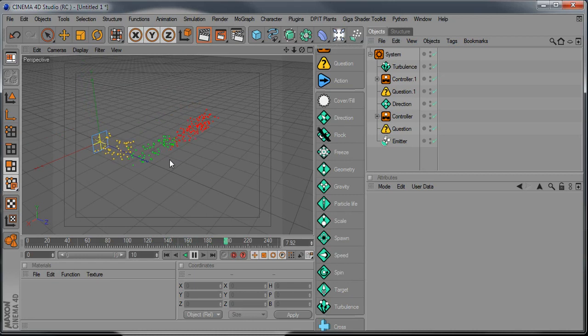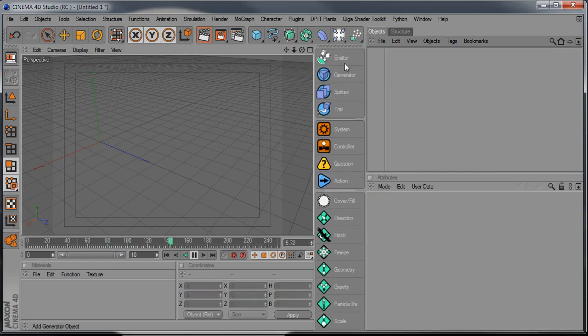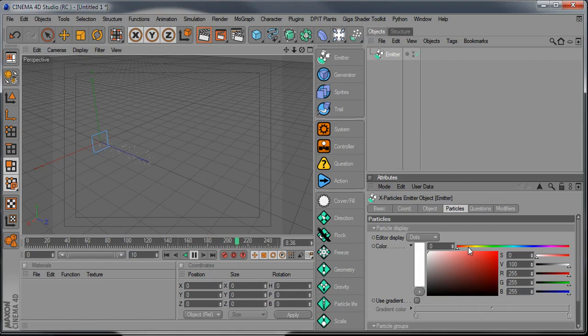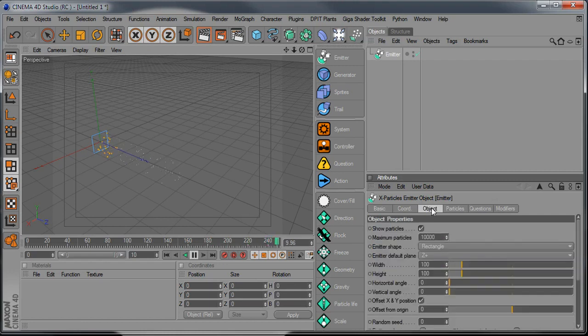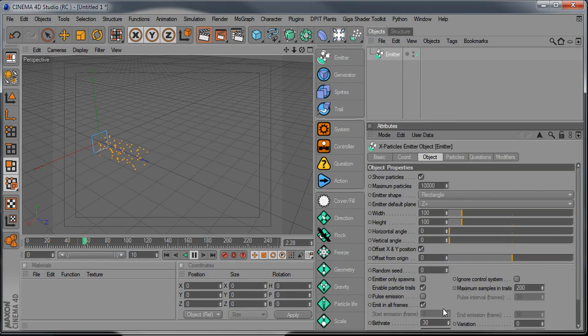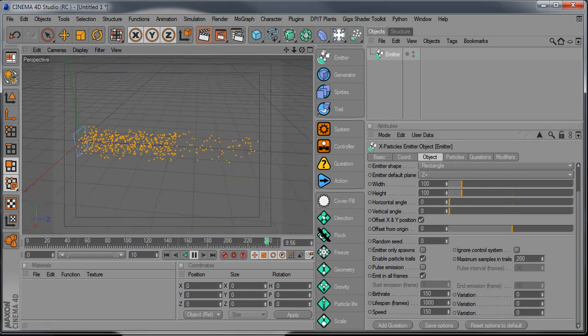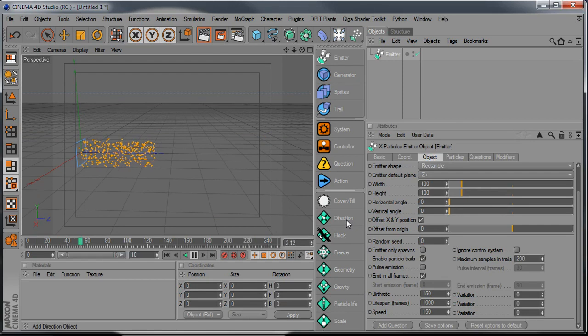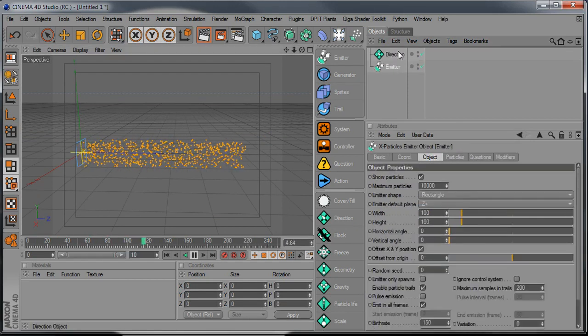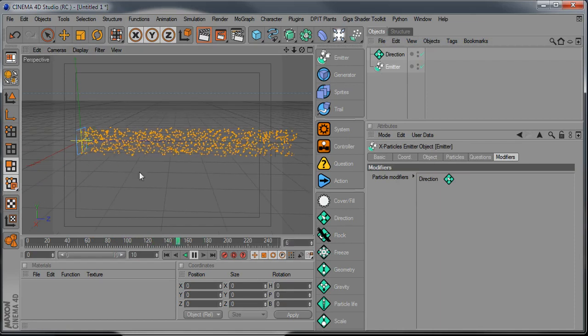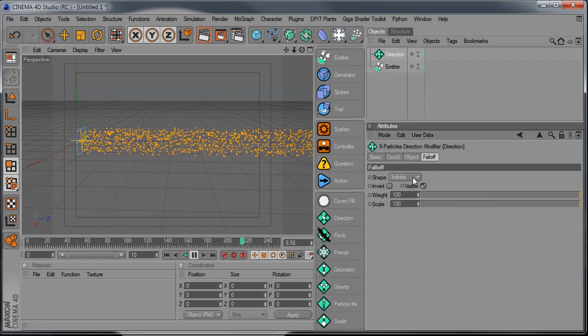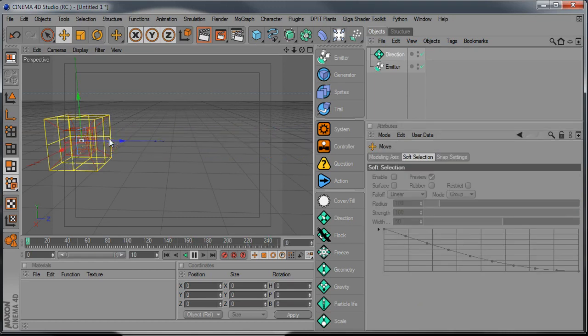Okay, so that's, you can also use these independently. So let's start again, delete that, and get an emitter. Change that. And let's get 150 of them. Okay. So all of these things can be controlled on their own as a modifier, and what we can do is use a fall off. So let's get a box,